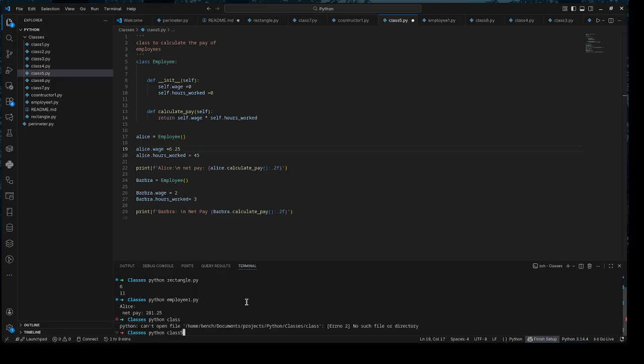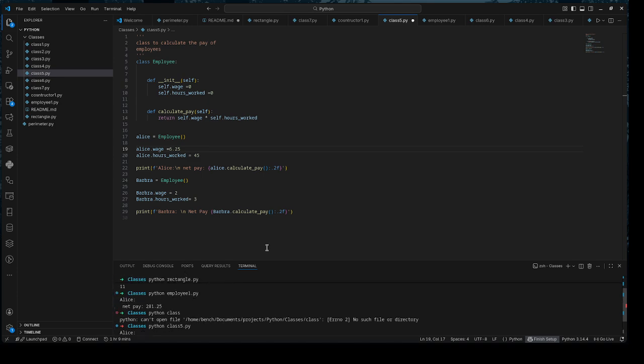So we run class 5. We have 281.25, the same way we had 281.25 in our defined employee example. So